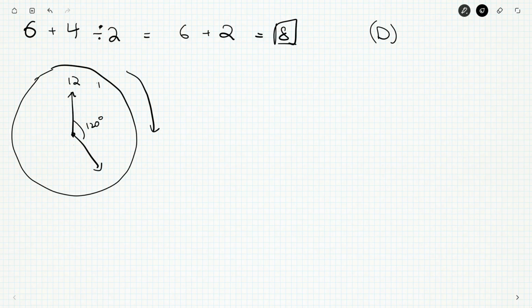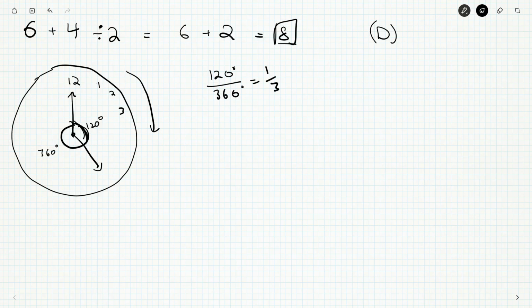I know the numbers start going 1, 2, 3, and if I'm familiar with 120 degrees, I might guess that it's pointing down around the 5 or the 4 or something like that. But really, what is 120 degrees? Well, if I went the full way around the clock, I'd be back pointing at the 12, and I'd have gone 360 degrees. But this question's only asking me to go 120 degrees, which turns out to be 1/3 of the way around